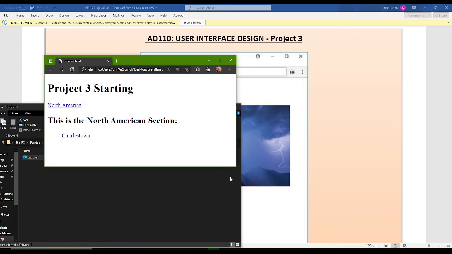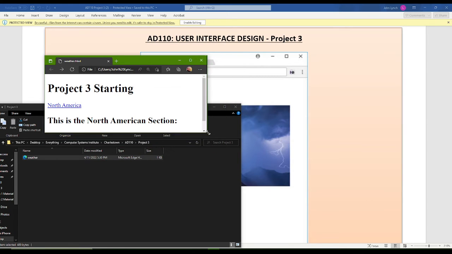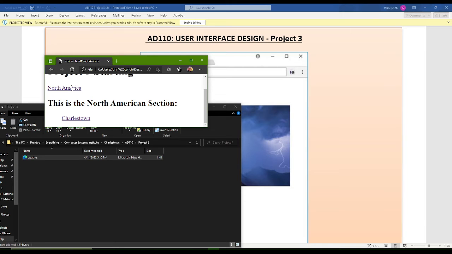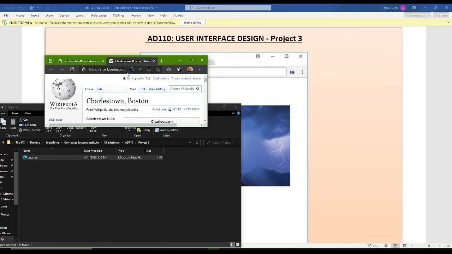So now we'll see here that I have this nice looking North America thing, and I click on it, it jumps me down to here. It does that, and then when I click on it, it opens that up for me, okay? Straightforward enough with these. Now, one thing